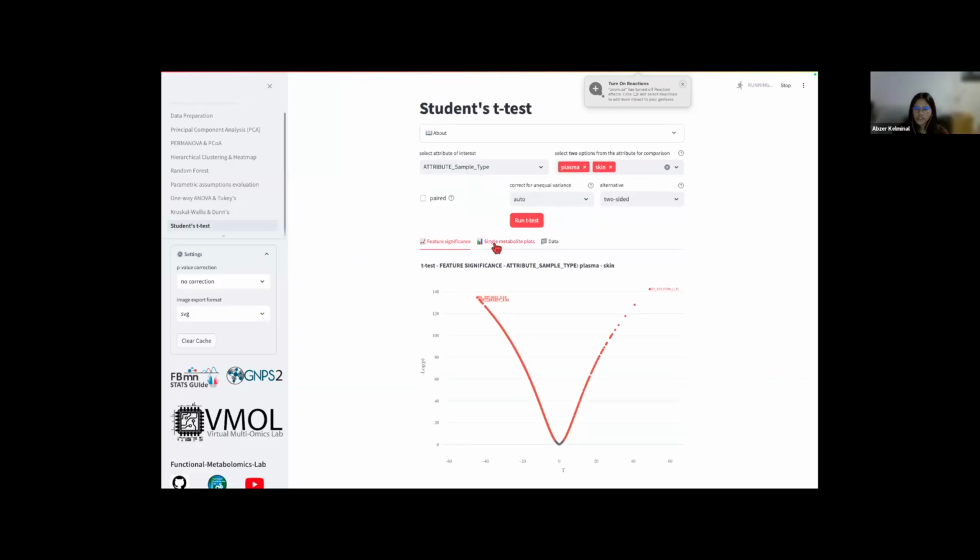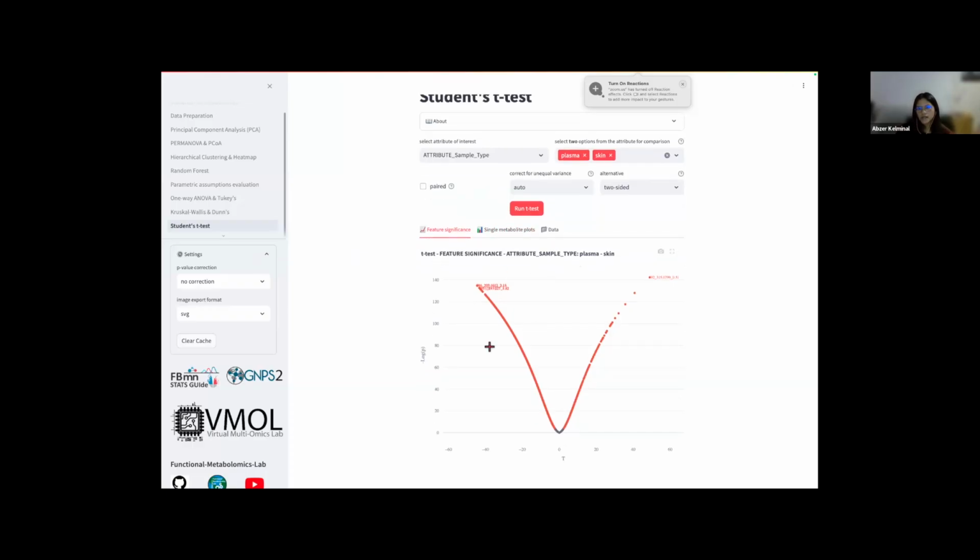We have a feature significance plot, then single metabolite plot, and finally the data. What we can see here is that all these features in red are significantly different. Some are higher in skin samples, and these ones are higher in plasma samples, and the ones in gray at the bottom are non-significant, meaning that there was no big difference between the